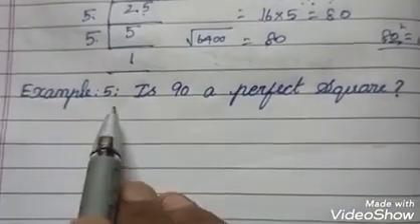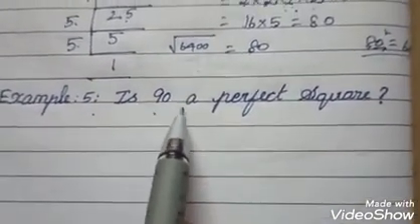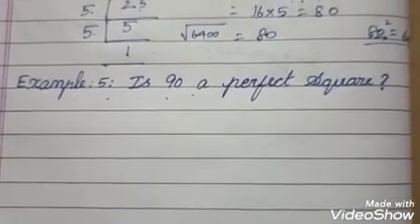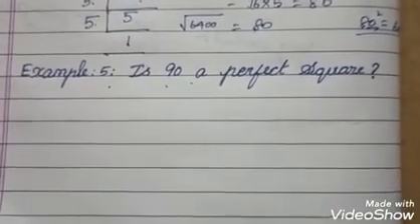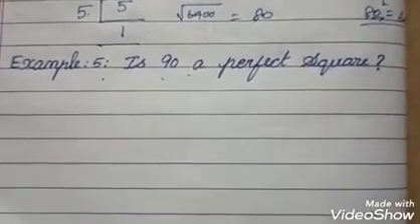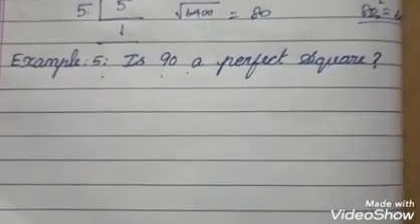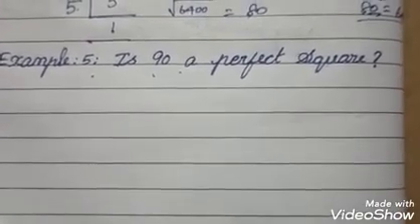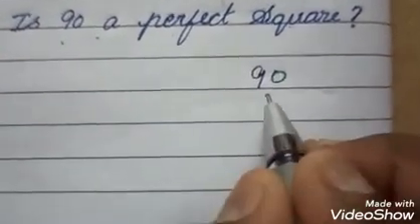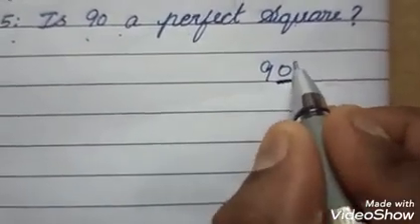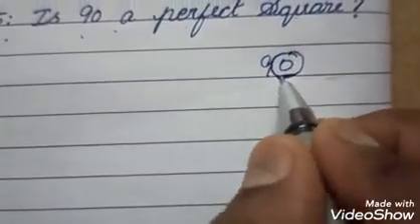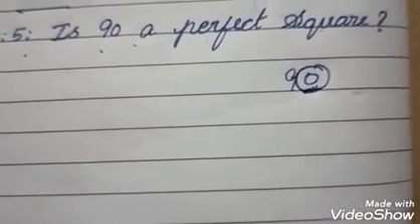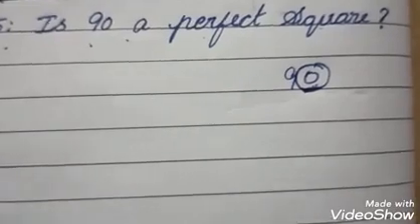So example 5. Here we need to find out whether 90 is a perfect square or not. How do you find out if 90 is a perfect square? By the same prime factorization. In a previous class we discussed finding out perfect square or not by using the unit digit. Just use some: only 1 0, so 0 is in odd counting. Always it is not a perfect square. By comparing within a single line, we justify the answer: it is not a perfect square.